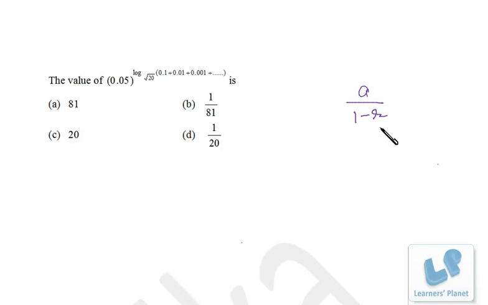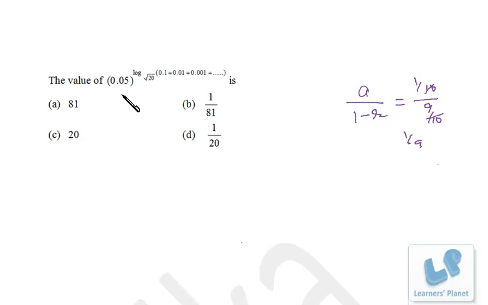How do we find out the common ratio? Second term divided by first term, right? So here first term is 0.1, that's 1 by 10. Common ratio is also 0.1, that is 0.01 by 0.1, so that comes to 0.1, so that's 1 by 10. So 1 minus 1 by 10, that's 9 by 10, right? So sum of this series is 1 by 9, right? Now we got this,